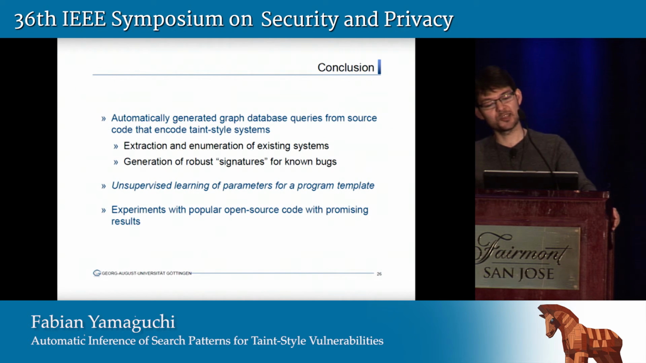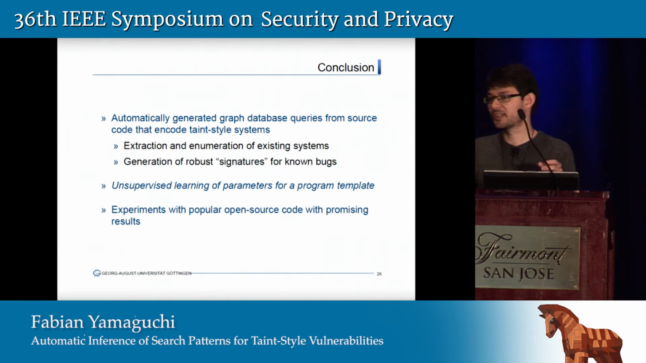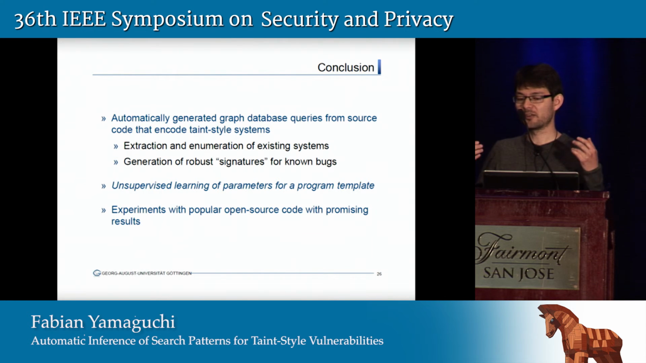Okay, that being said, I conclude: what we did was we showed a system to automatically generate graph database queries from source code, and they encode Taint-style vulnerabilities. Now, you can do two things with this. You can take your existing bugs and generate a kind of robust signature for the bug. And the second thing is you can use this as an exploration tool. So if you look at a new code base, you can ask it, what kind of flows are in here? How are the arguments to memcopy, for example, initialized? And conceptually seen, this is unsupervised learning of parameters for a program template,